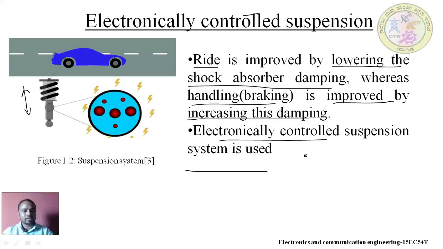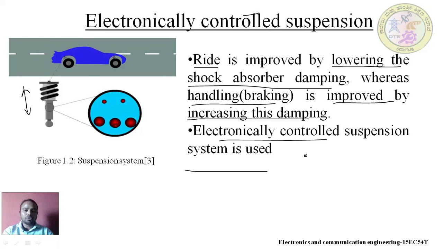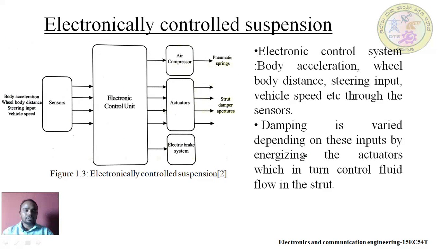As I said earlier, dear students, the introduction of electronic technology in the automobile system has made phenomenal changes. It has made the automobile vehicle very reliable and efficient. It has increased its mileage as well as its performance. Now we will see how the electronic system is going to help in controlling the suspension system.